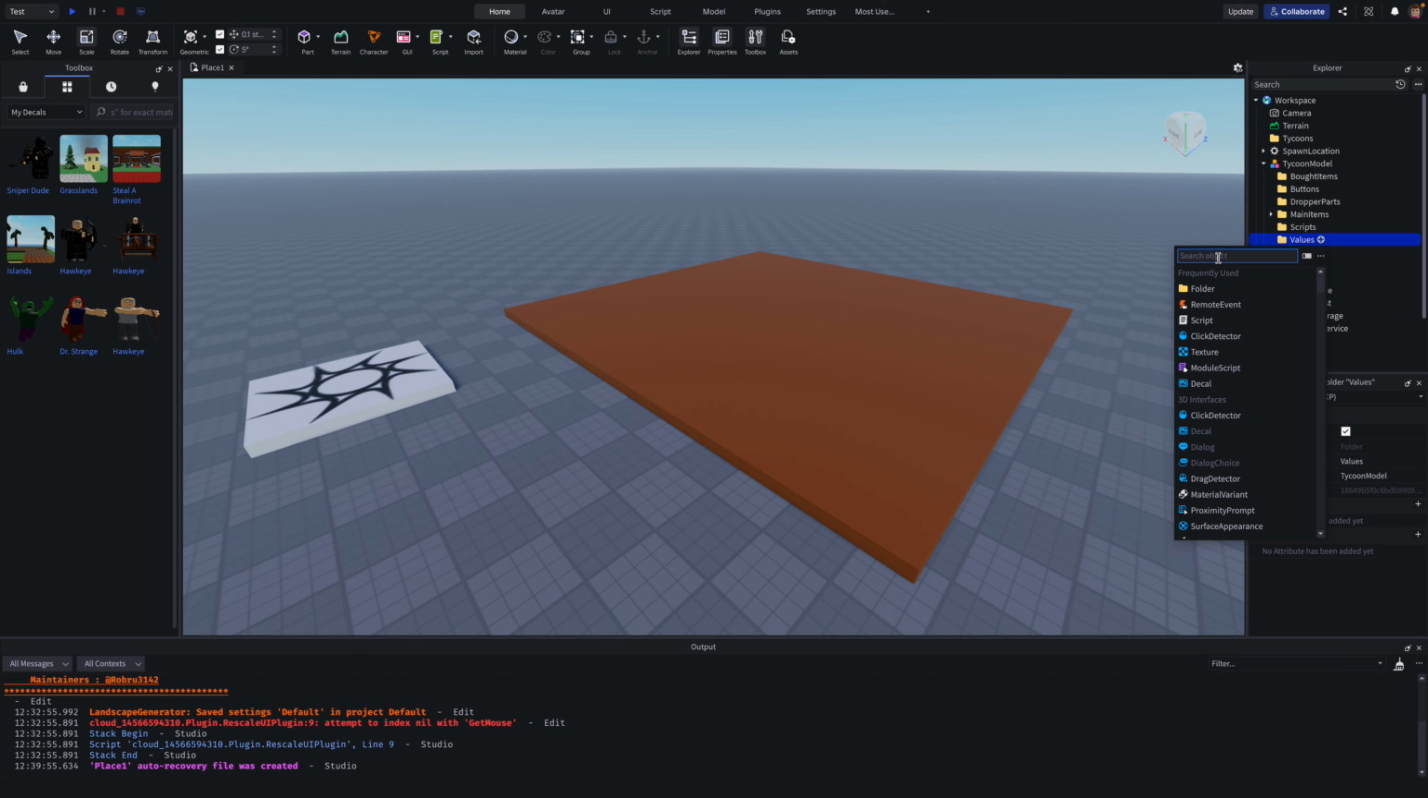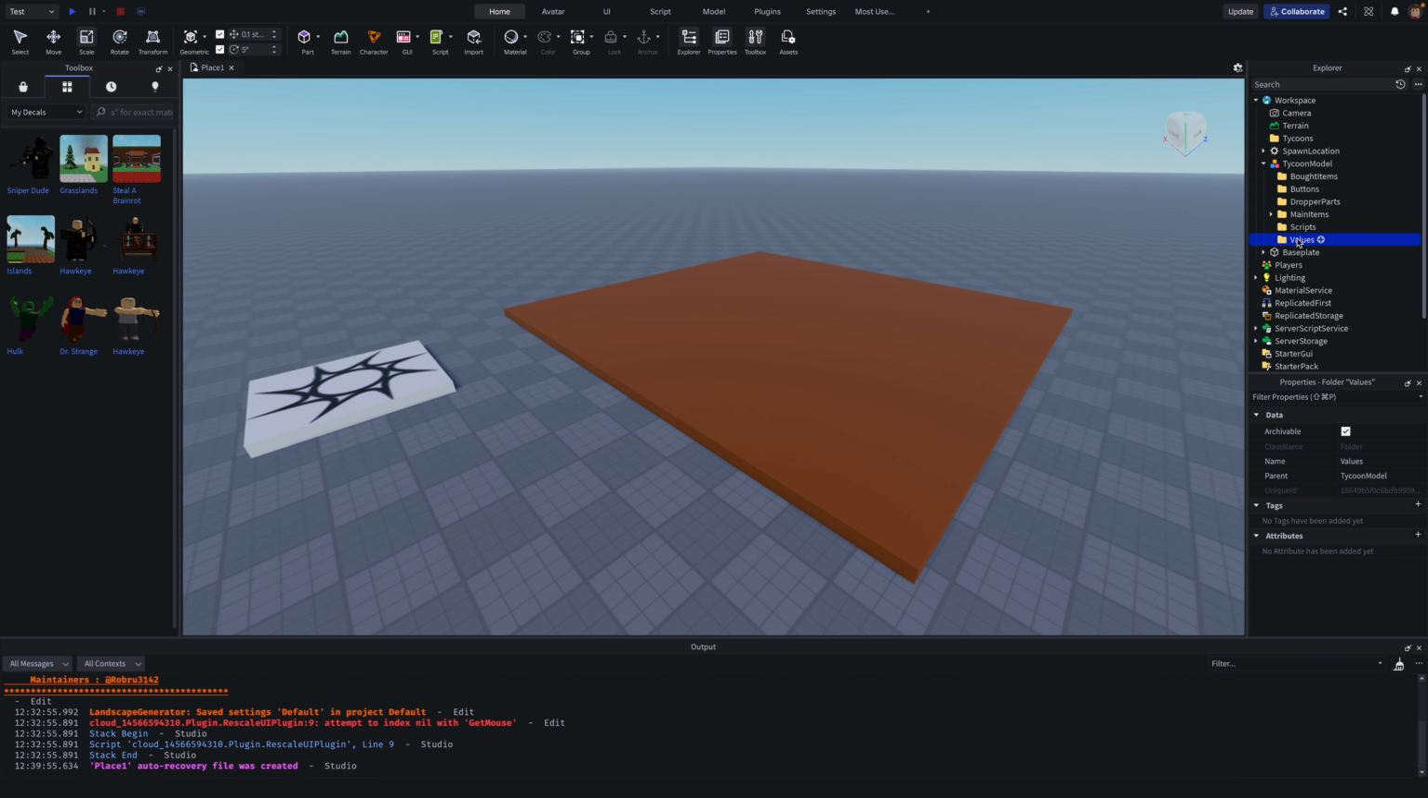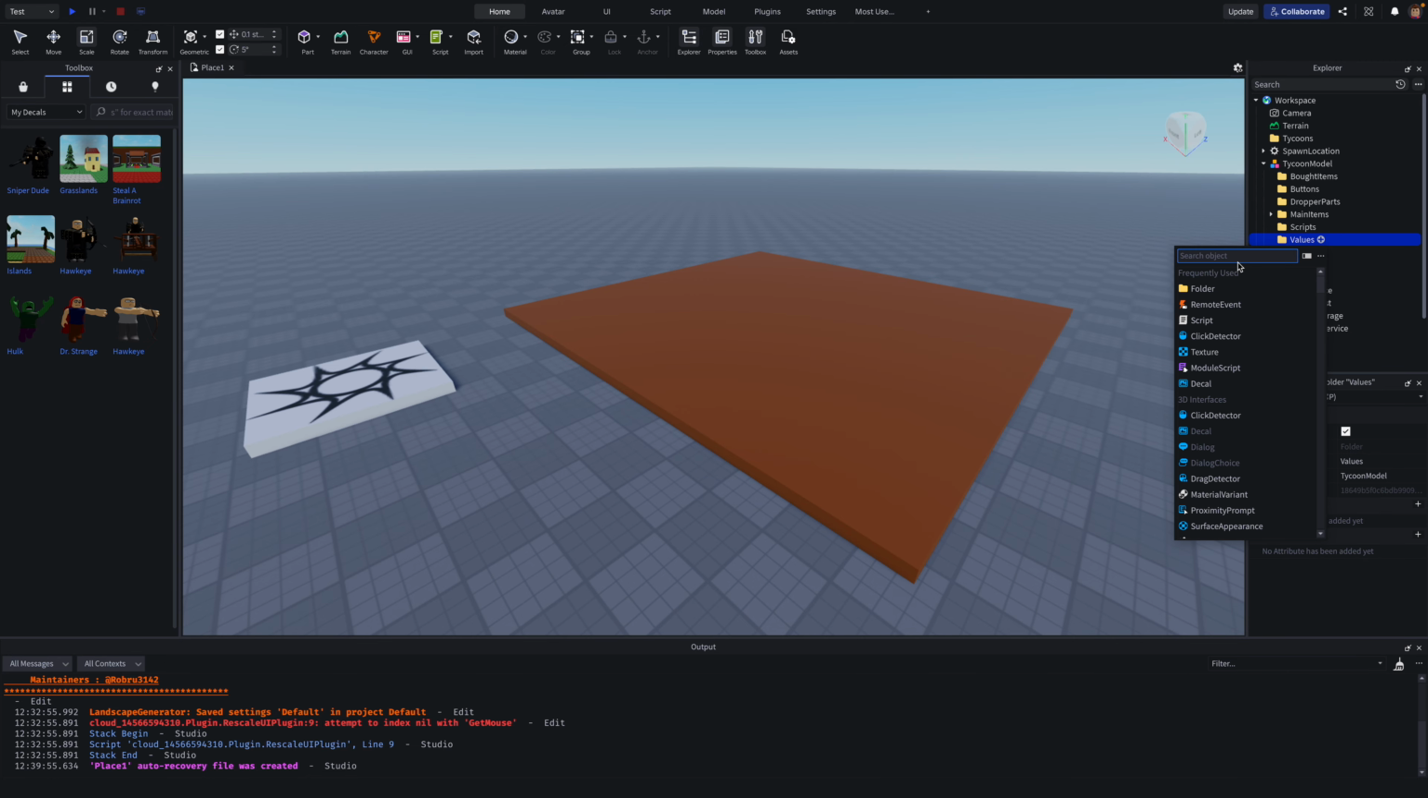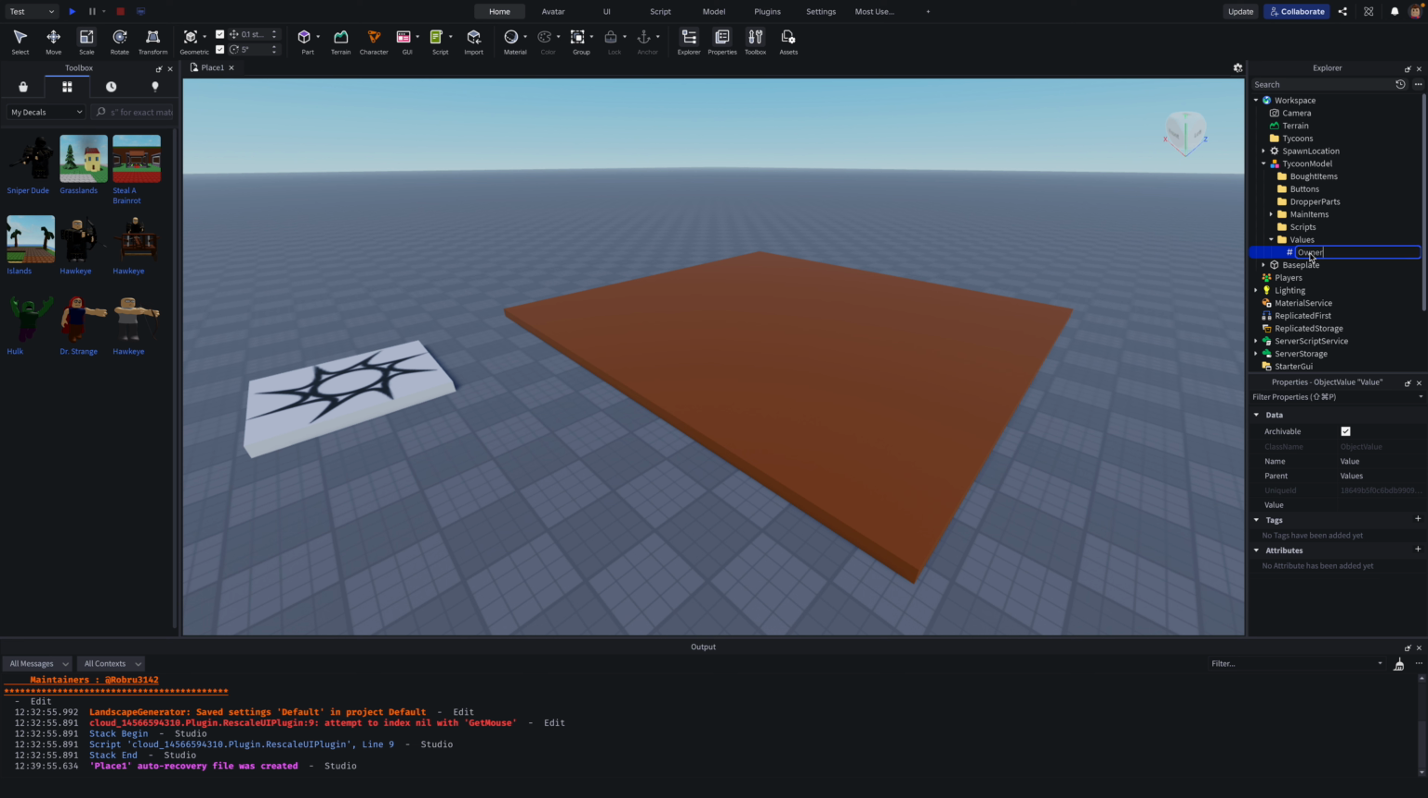So we'll click this, add a value, and this value will be called, it's a, what's it called, object value, yeah, okay, and this is owner value, just like this, and then that's it. So then in scripts,